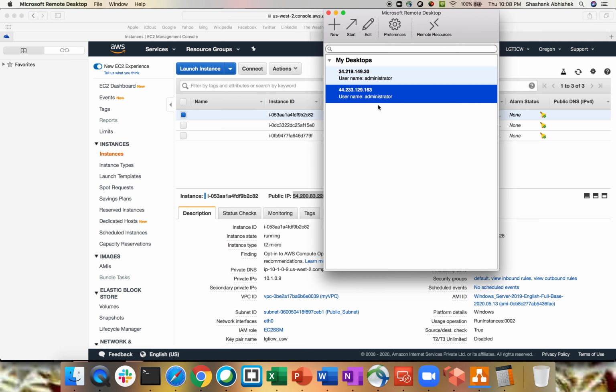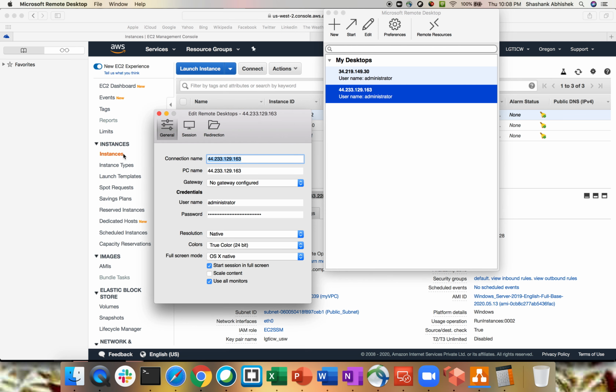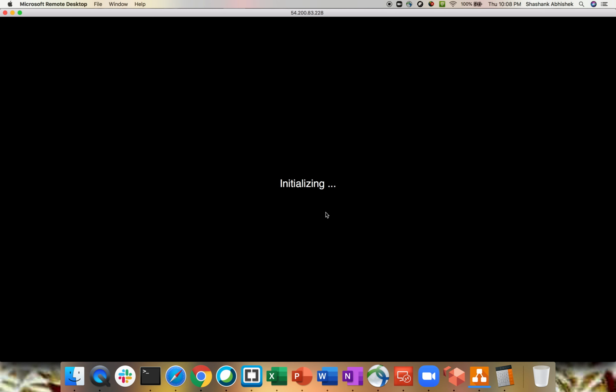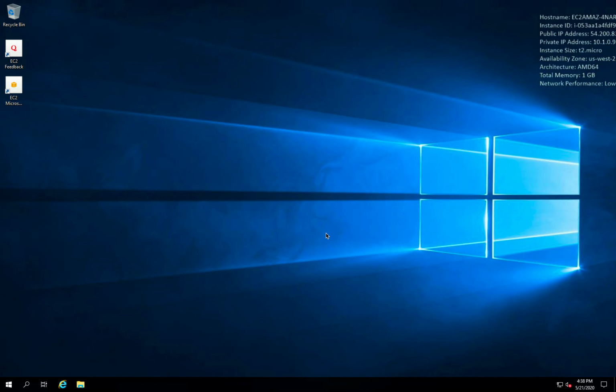So again, these are one of my instances that I used in the past. Let's grab it. The password is P@SW0RD12345. Done. Let's try to log in. Okay, it's taking the password. Come on. Here we go. So we are able to log in with our password successfully, which we have reset